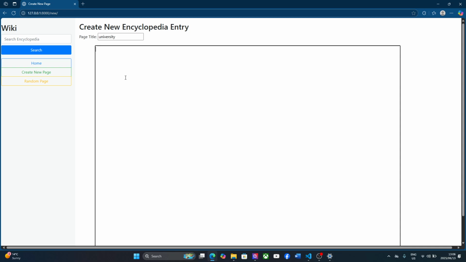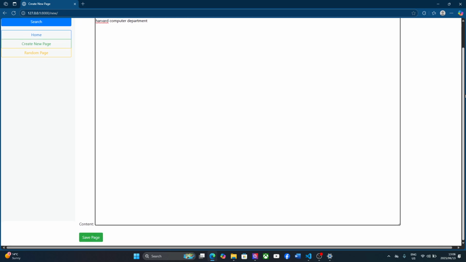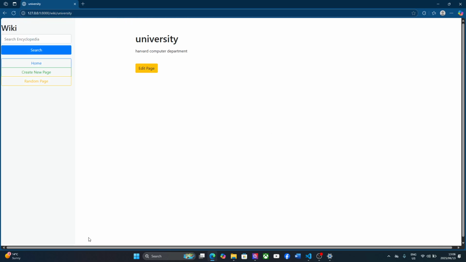then our content, we can type in Harvard computer department, right? And then let's scroll down and save our entry. Boom. After saving, we can see we have a heading and the description under that heading that says Harvard Computer Department,